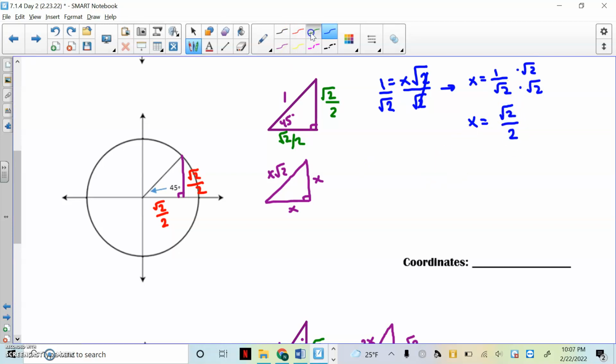So that's going to be these two sides right here, and in turn, it's going to be my cosine and my sine. So my coordinates are root 2 over 2, comma root 2 over